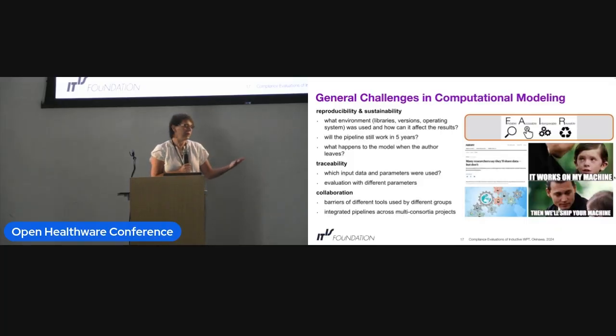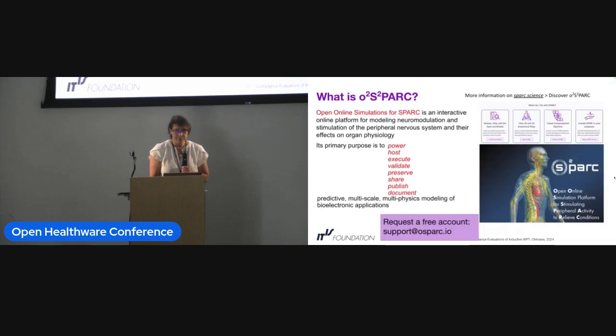How do you know what input parameters and input data were used at the time that you ran that simulation? And what if you want someone else to use your pipeline, or someone else wants to collaborate with you? All of those things are not just a challenge of computational modeling. I mean, it's true in experimental wet lab work as well, but we're not going to be able to just ship our machine to people.